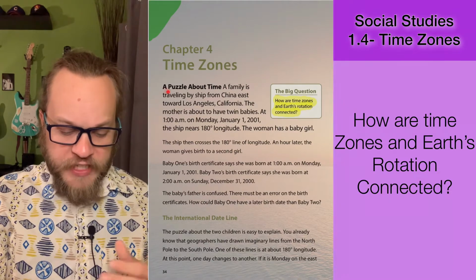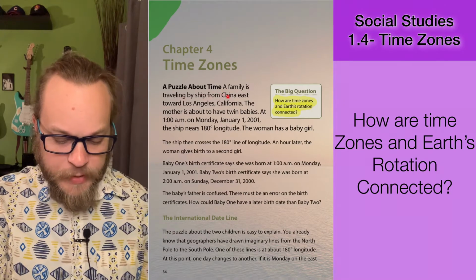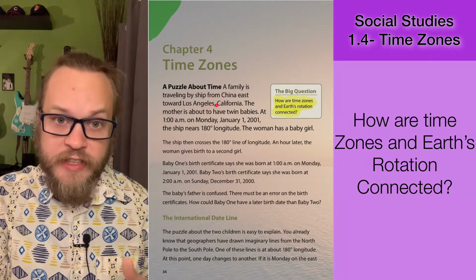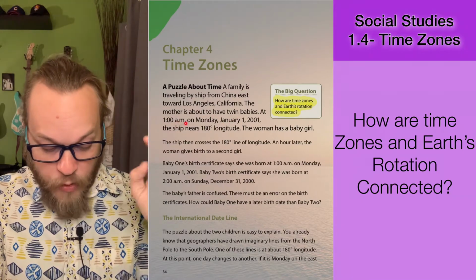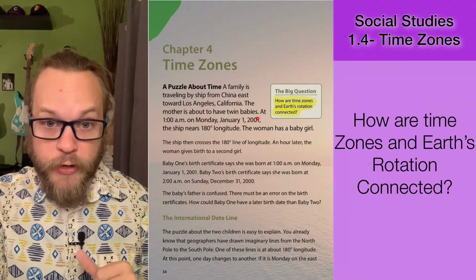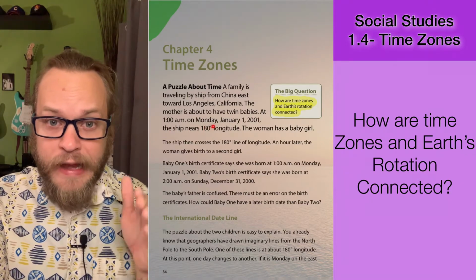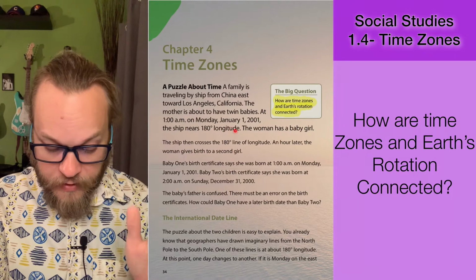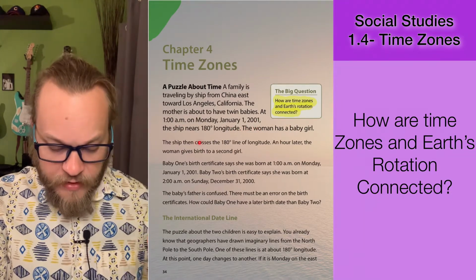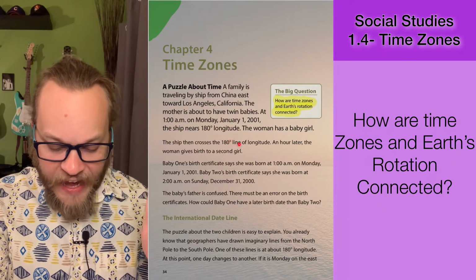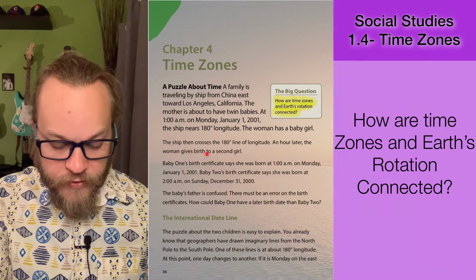So, Chapter 4, Time Zones, a puzzle about time. A family is traveling by ship from China east towards Los Angeles, California. The mother is about to have twin babies. At 1 a.m. on Monday, January 1st, 2001, the ship nears the 180-degree meridian, line of longitude. The woman has a baby girl. The ship then crosses the 180-degree line,